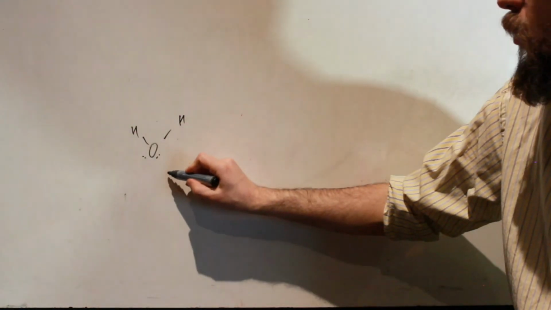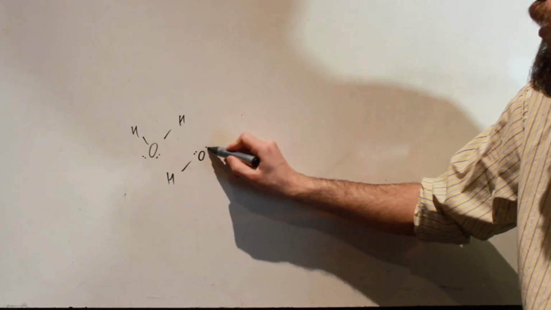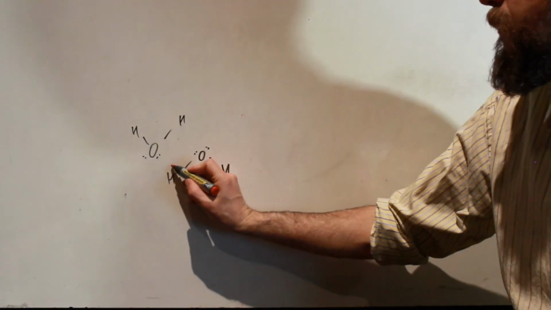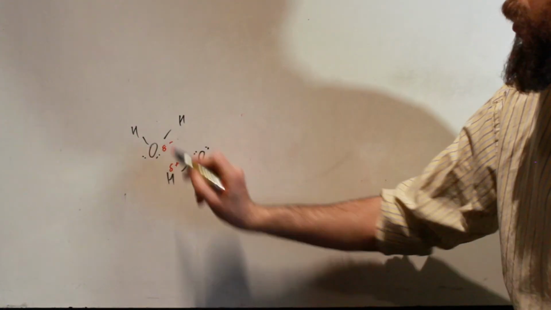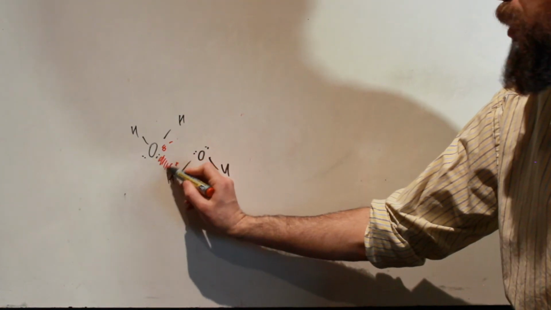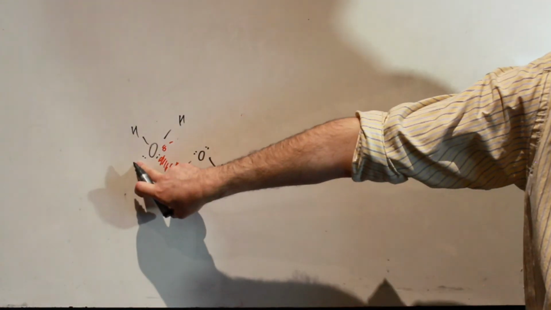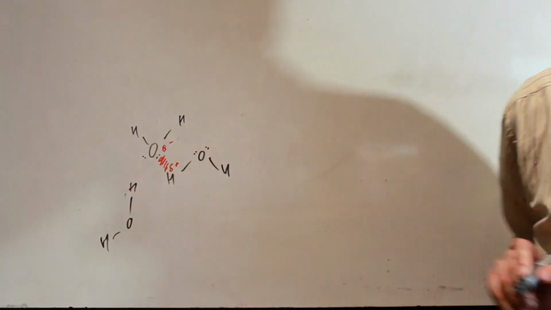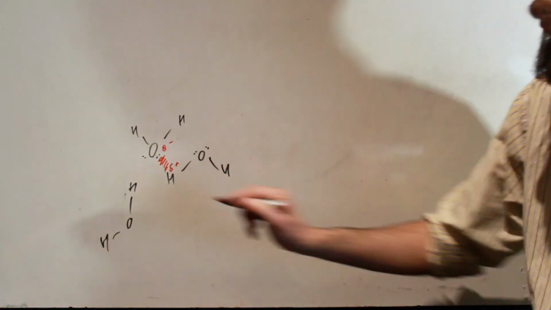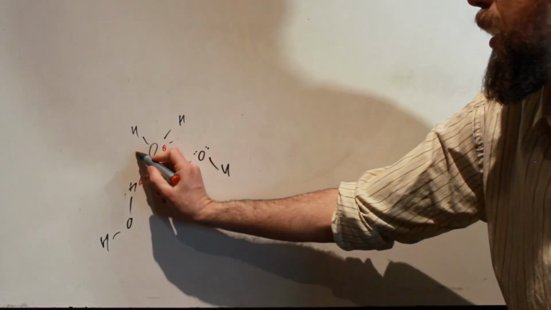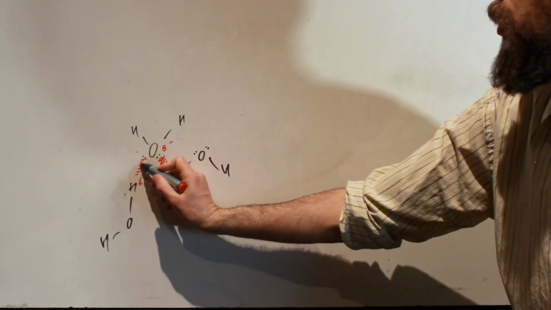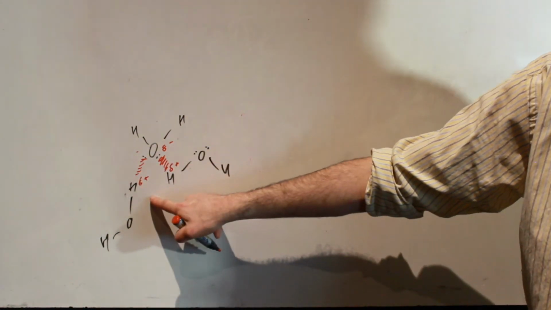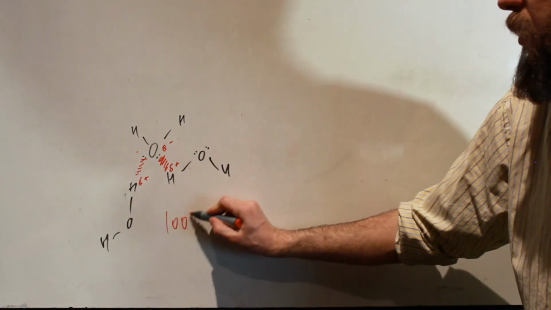So what can happen is another water molecule could be there, and we could form a hydrogen bond between the delta positive on the hydrogen and the lone pair on the delta negative oxygen, form a hydrogen bond there. However, oxygen has two lone pairs of electrons, so there could be another hydrogen there, which means that we could form a second hydrogen bond between the delta positive on another water and the same delta negative, but with the different lone pairs of electrons. So we can have two hydrogen bonds here, and that gives us a boiling point of 100 degrees Celsius for